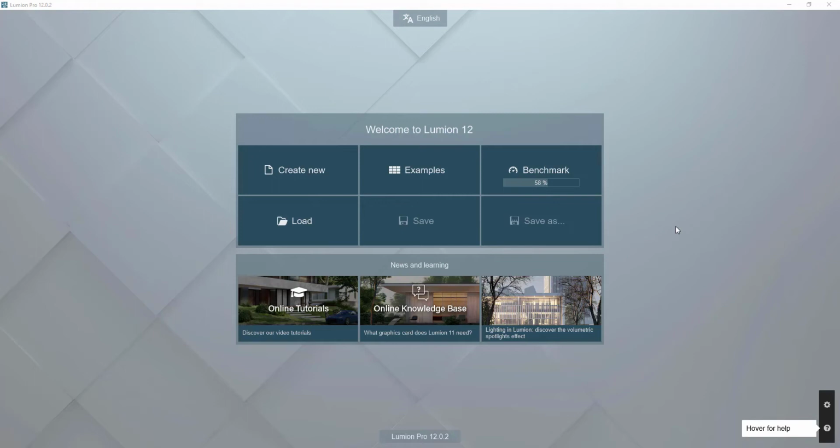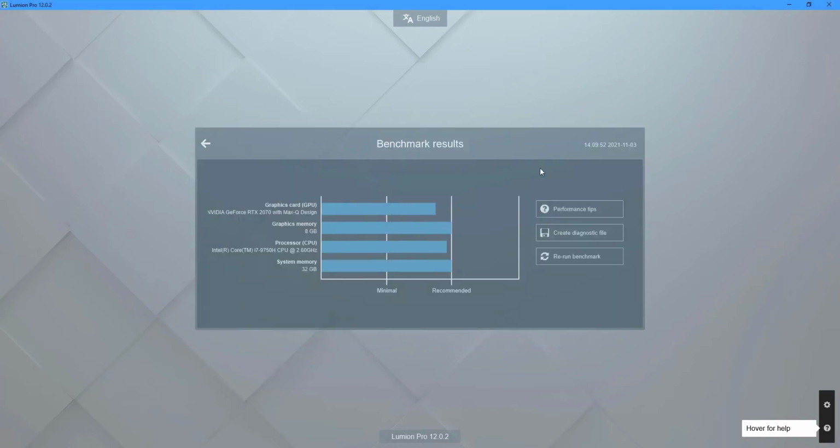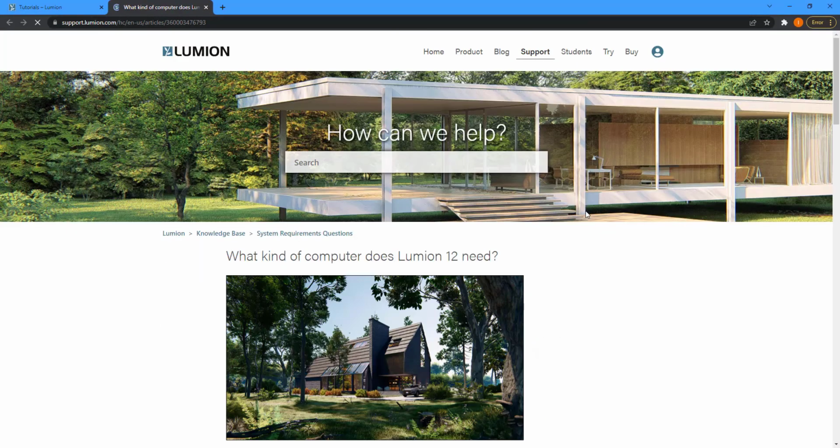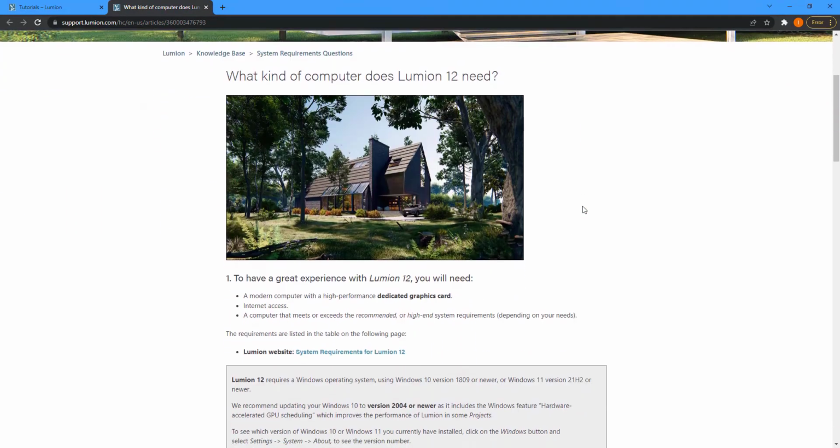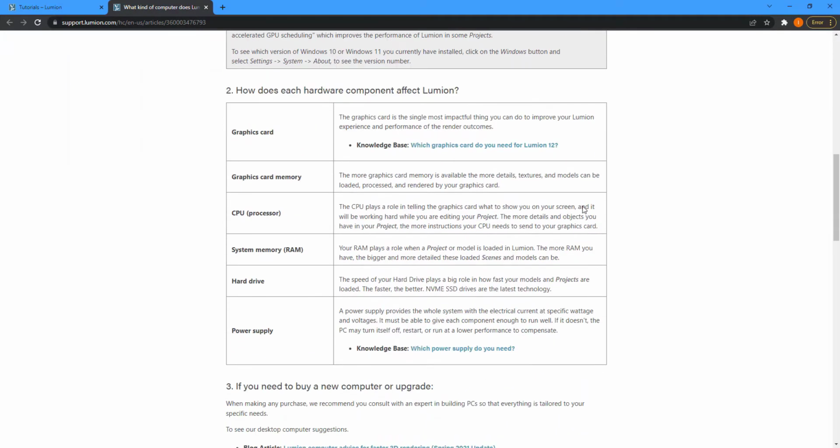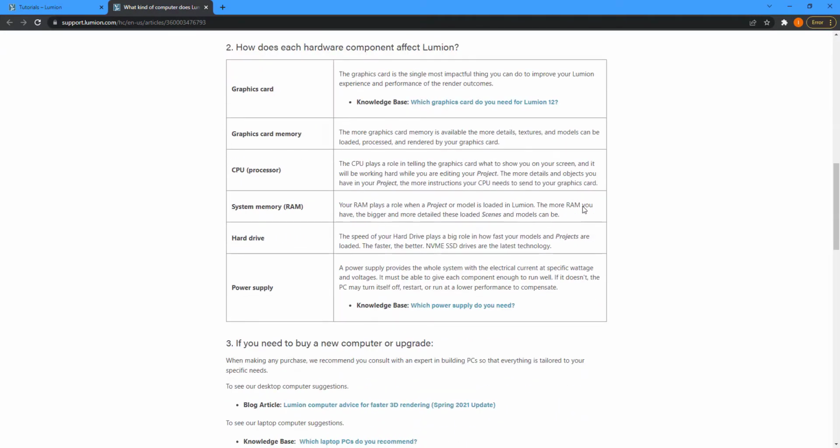When you start up Lumion for the first time, a hardware benchmark will start automatically to check the specifications of your computer. The results are shown in 4 different categories. They are graphics card, graphics memory, processor, and system memory. Clicking on the Performance Tips button will direct you to useful information on the system requirements needed to run Lumion smoothly. Based on the result, you will get to know how well your computer will perform when handling